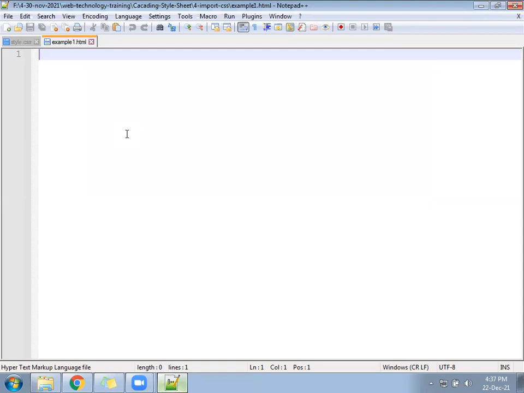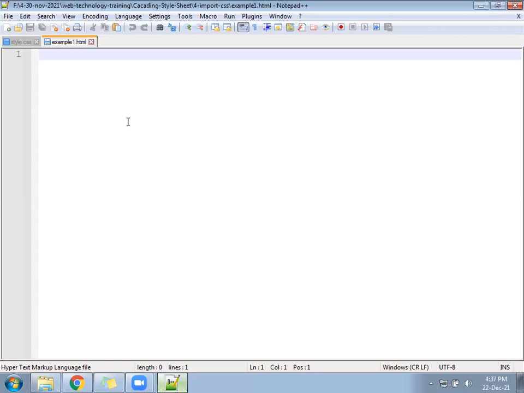Example1.html file. Okay, so both the files are ready.